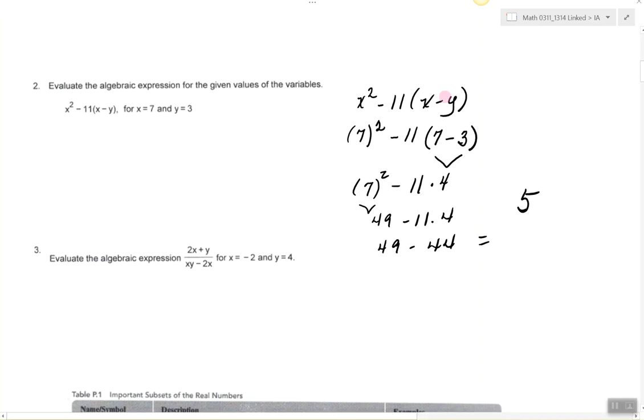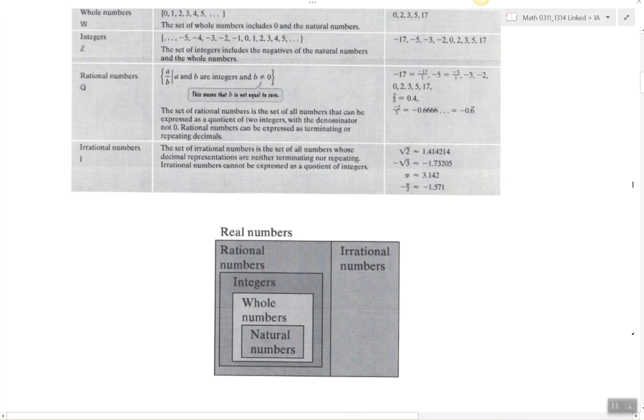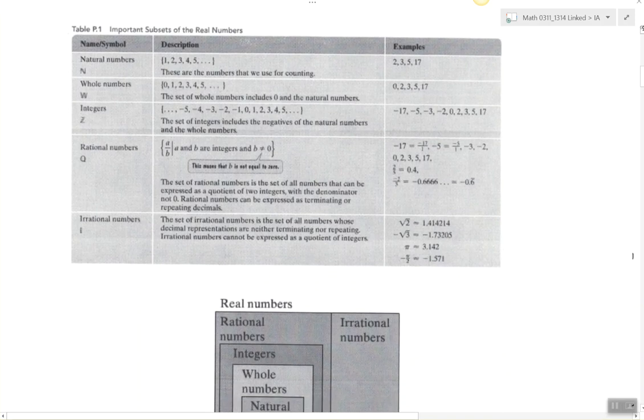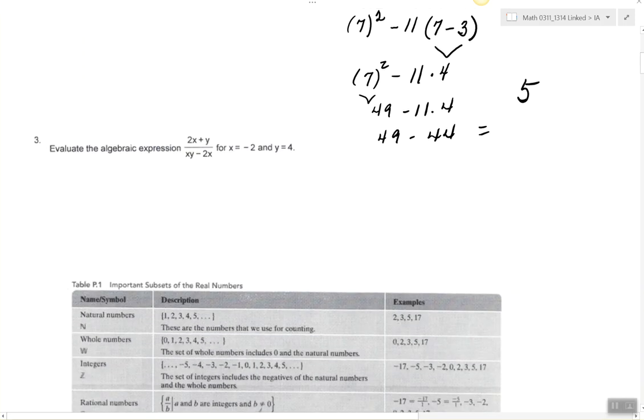All right, our next problem, problem number 3. If I can do some scrolling, which I don't seem to be there. There we go. Now I've scrolled. I'm going to evaluate the numerator first and the denominator second, and I like to do that when I have what looks like a fraction. So the numerator, I have 2, the value of x is negative 2, plus the value of y is 4. 2 times negative 2 is negative 4, plus 4, it looks like the numerator's value is 0.